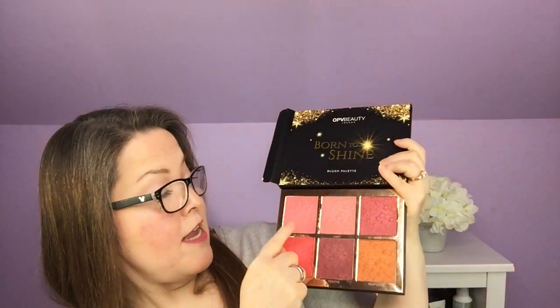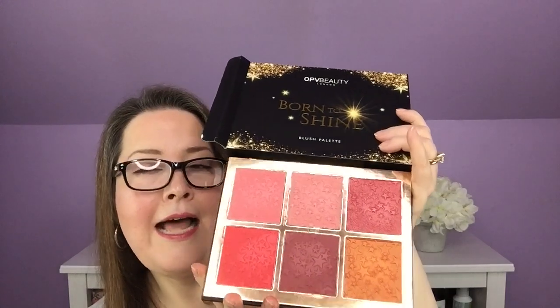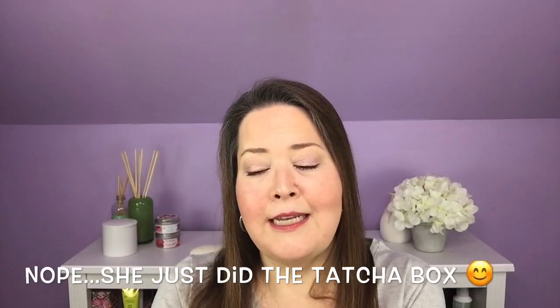These are so buildable. I just played with them a little bit. So even with my super pale skin, I think I can use all 5 of those pinks in different ways as blushes. And then this orange as an eyeshadow. I have not been so happy with a blush palette in so long. That is absolutely stunning. So that is the last box that Trendmood just did,